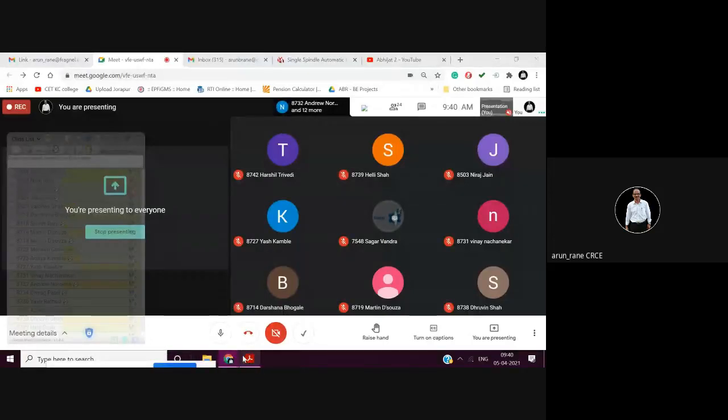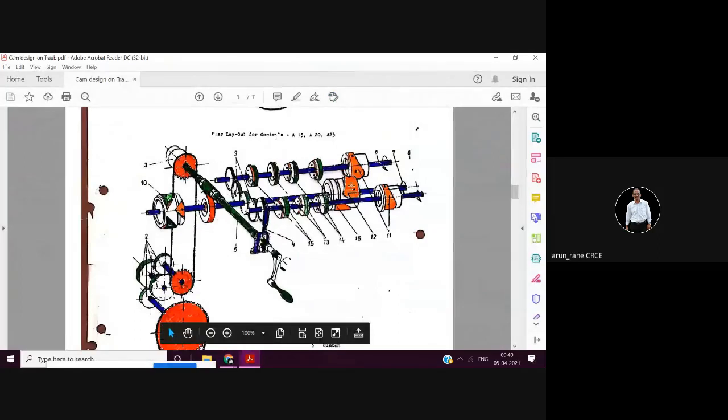So this is one drum cam which is giving drive, and the tailstock will move in and out. Now what you can see, these are all disc cams. Now this is your front side and this is your rear side. In the front you have one cross slide and another is vertical slide. So front cross slide and front vertical slide. Then you have rear cross slide and rear vertical slide.